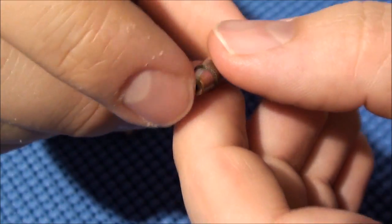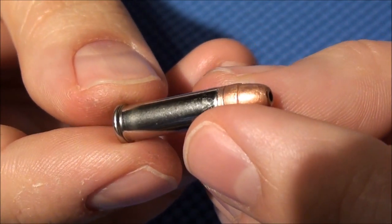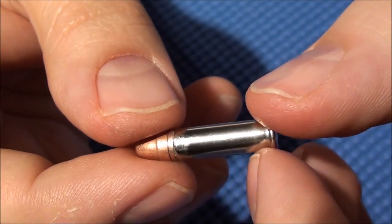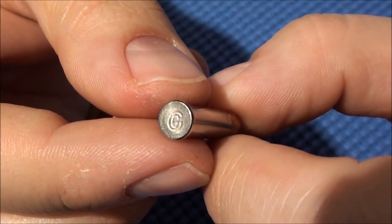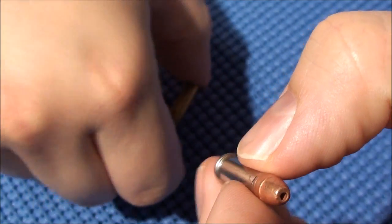So, Remington Yellow Jacket. Next up we have the CCI Stinger, and this is probably your most famous for self-defense. It's a 32 grain hollow point, and this sucker screams out of the muzzle at 1,640 feet per second. And just a great round. You can tell that this has higher recoil. Let me just compare it real quick with the